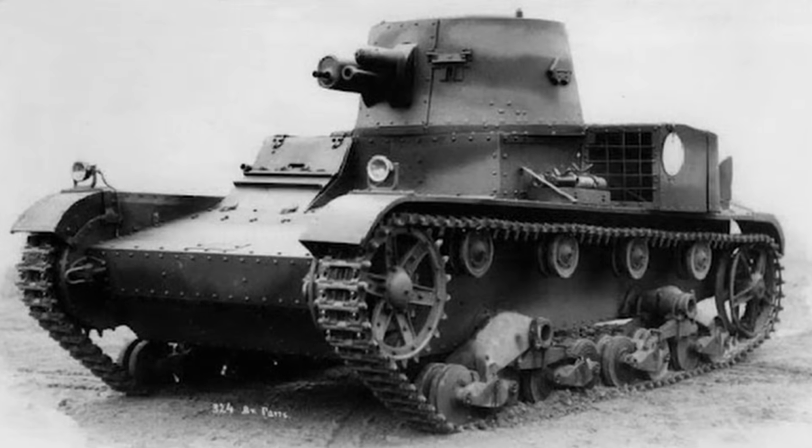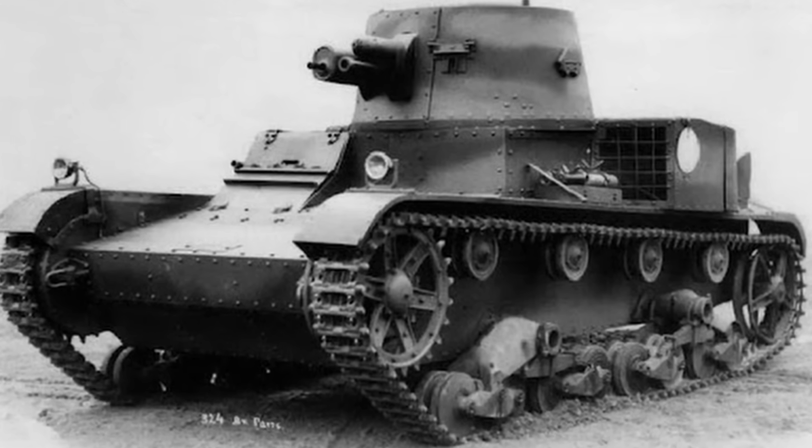Finland ordered about 32 of these tanks in the mid-1930s. Originally, they ordered them with no guns and no armaments, no radios, no anything. Actually, even some sources say that no seats even were in the tanks. They ordered them completely bare bones with the idea to buy them cheap